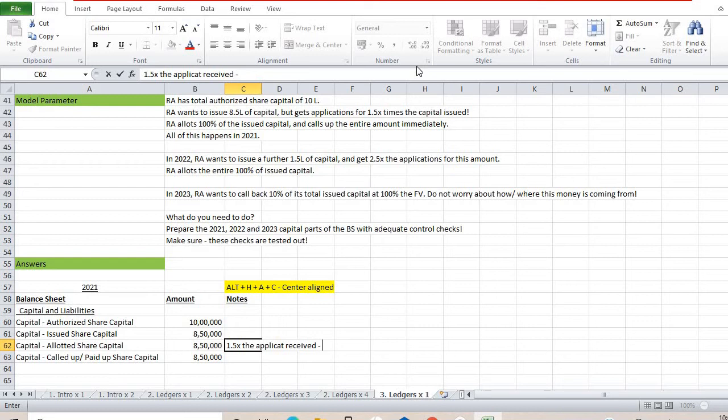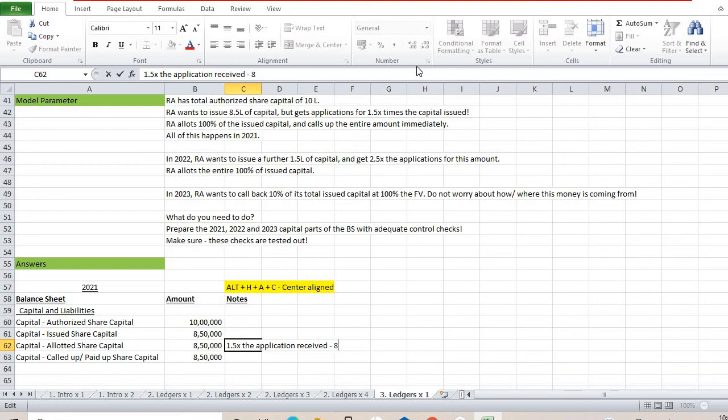This means that whenever there is an IPO or whenever they are issuing capital in the market, most times if the company is really good, they will receive more applications than the amount of capital being allotted, right? So in those circumstances, what you basically need to do is calculate from the applications how much is being allotted, and there's like a complex calculation. Let me give you an example.